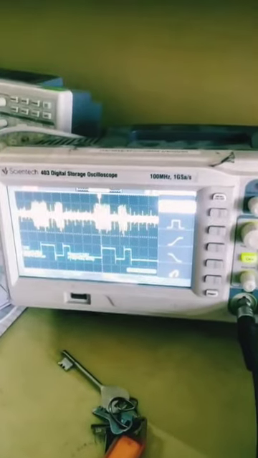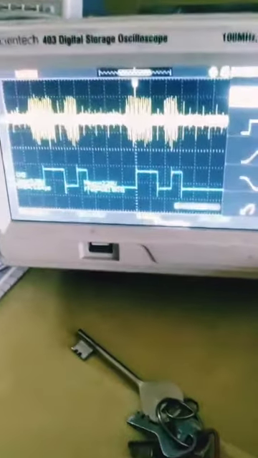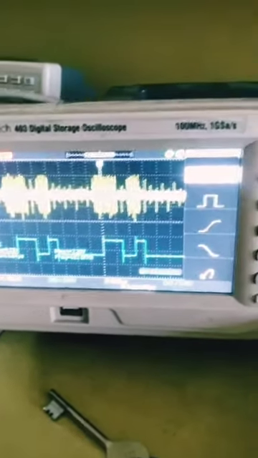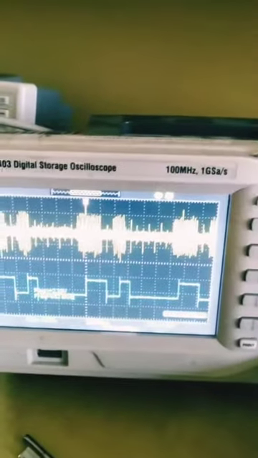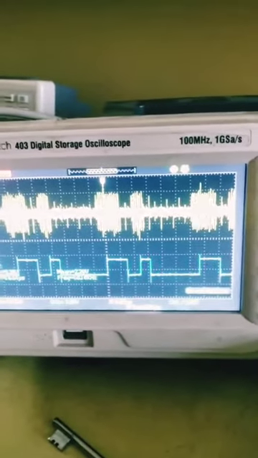Let us see the output of the demodulator on the digital oscilloscope. This is your ASK modulated waveform.